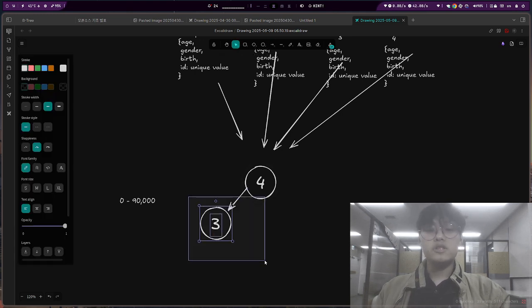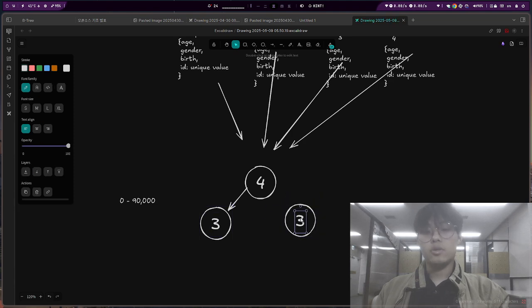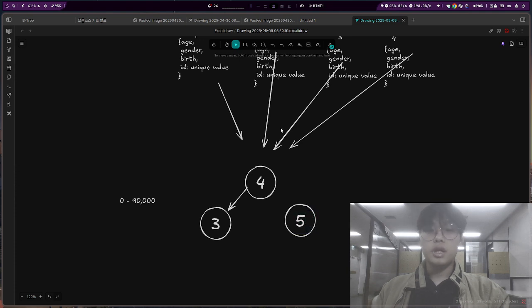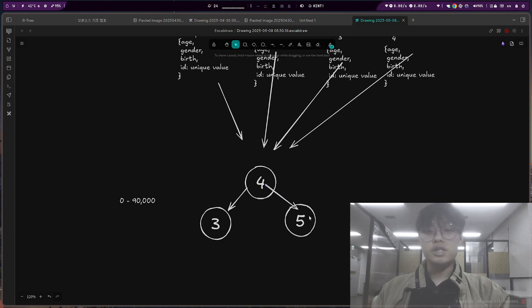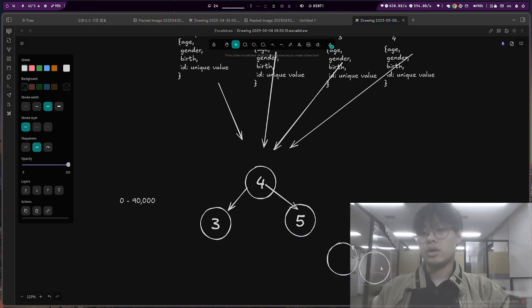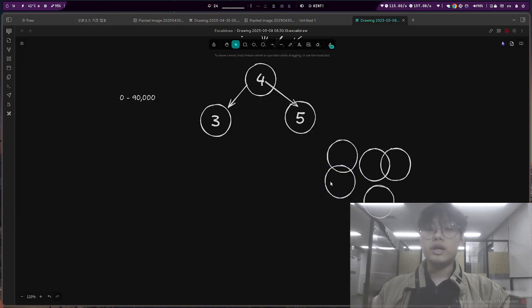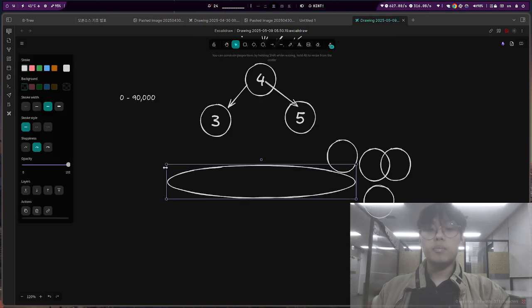And also if it is 5, the 5 goes next right to the 4, because the 5 is bigger than the 4. And this is really how to construct the binary tree. So if it's 6, go here. If it's 7, go here. But what if? So that's the best. The best way is to have